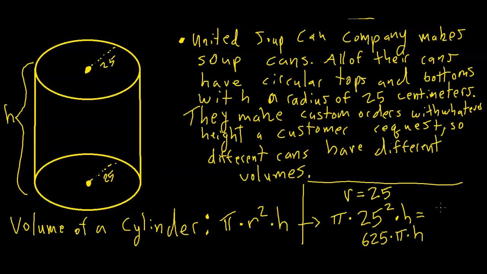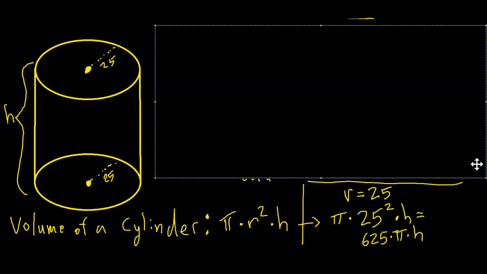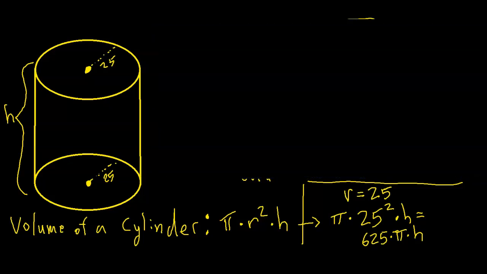All right, what if we were asked now to come up with a function that gives the volume of these cans depending on how tall or what value of height different customers want to order these cans for. So let's create some space here. So let's say we wanted a function that gives us the volume of these cans depending on the height that the customer wants. So that means we want a function